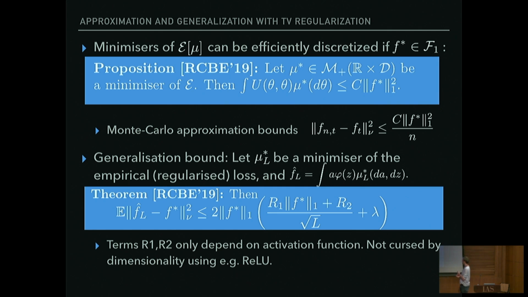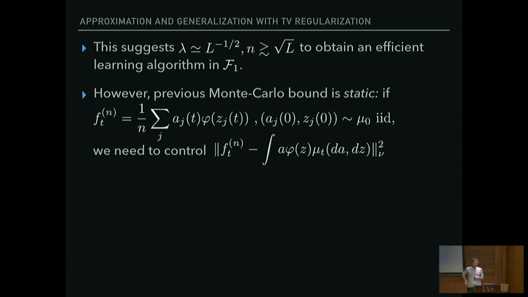And these terms R1 and R2 depend only on the particular choice of activation function, right? So if you use ReLU, for example, they are not cursed by the dimension. They depend on the dimension, but they are not cursed. Yeah. So this suggests that by just optimizing the regularization parameter, I can take